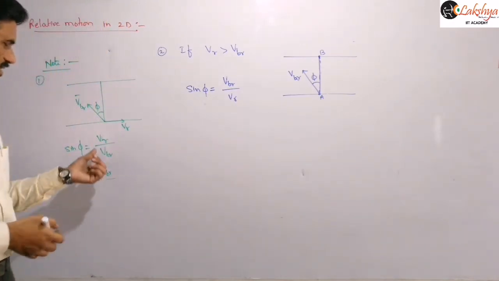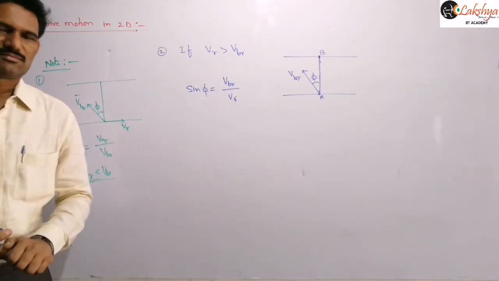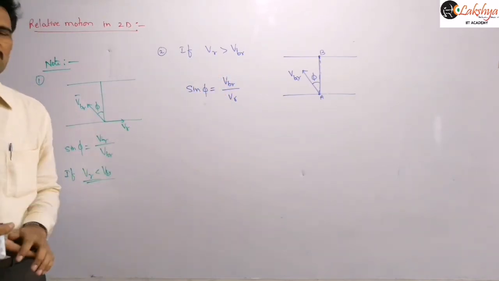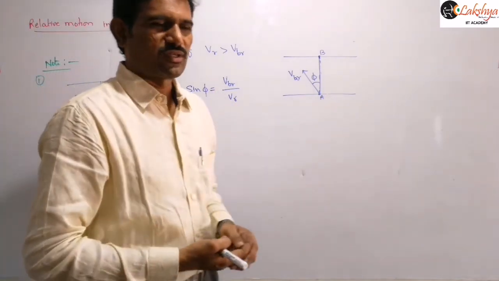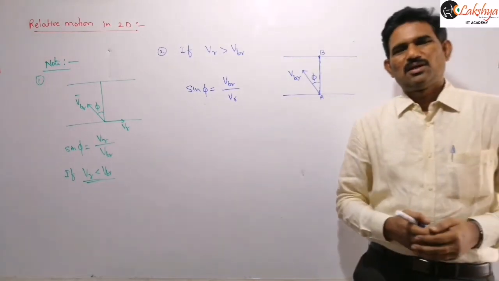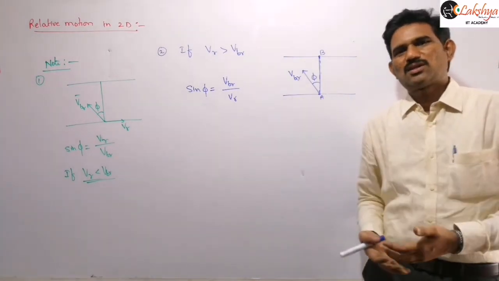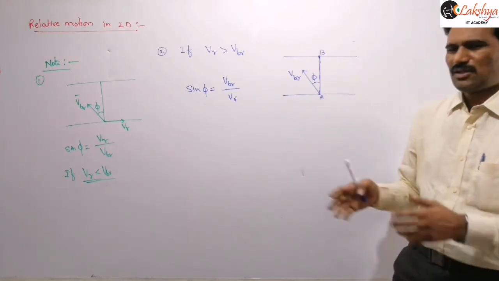Right? Here it is VR by VBR if VR is less than VBR; we are reversing that when VR is greater than VBR. How we are getting this equation means, we already know the general drift equation. You can differentiate that. What we are concluding here is drift is minimum. Drift is minimum means we can differentiate the drift with respect to theta and equate it to 0. I will explain that.